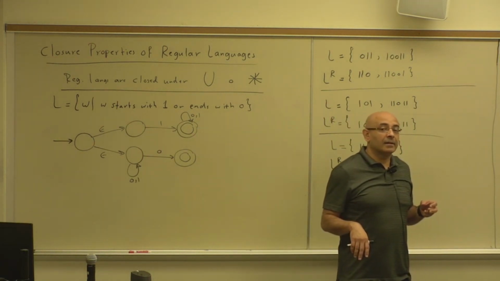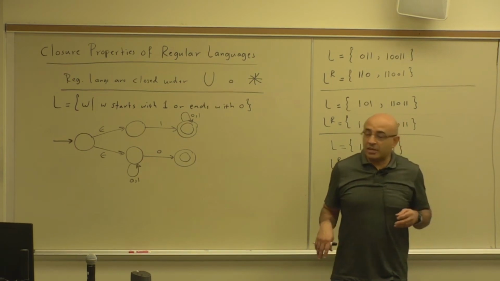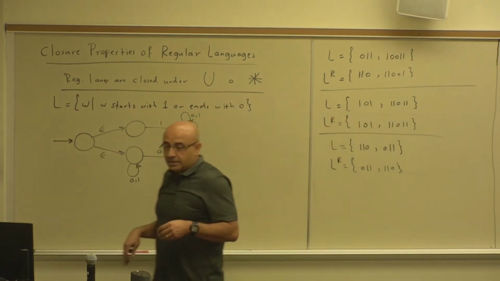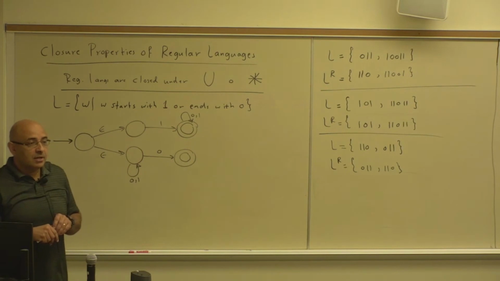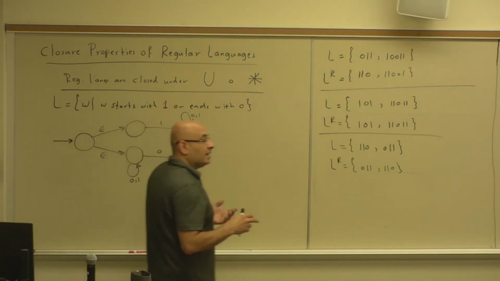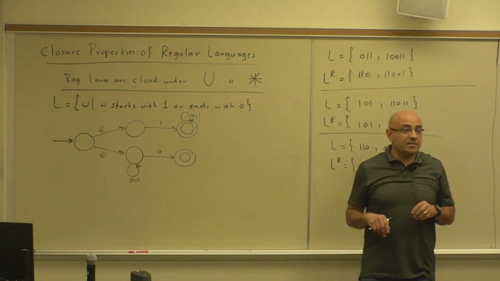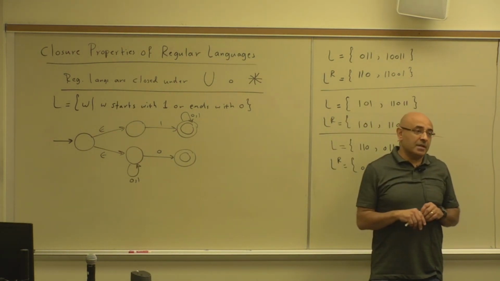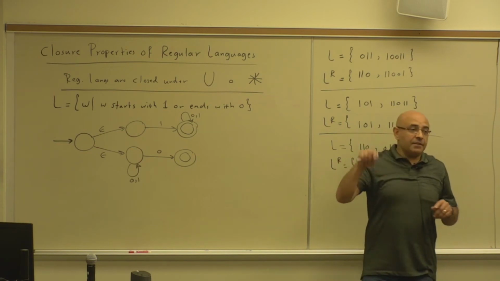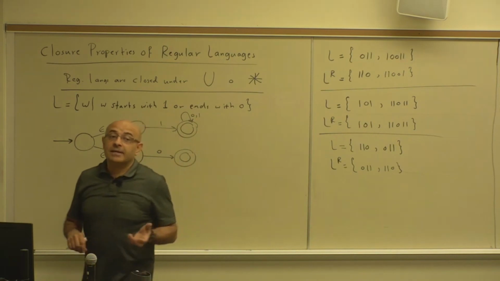Either 0 or end with 1. In general, yeah. Generally speaking, you have an NFA for a language. What's the logical and intuitive way of constructing an NFA for the reverse language? So what should you do with the transitions? Reverse, yeah, you should reverse every transition, and you should swap start states with